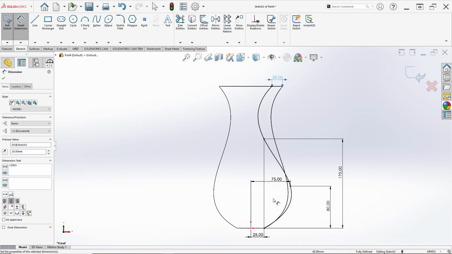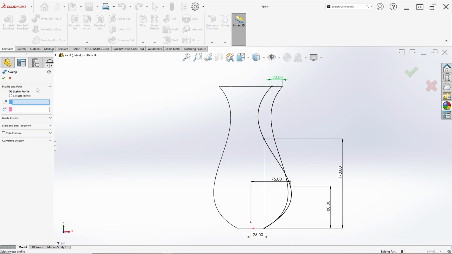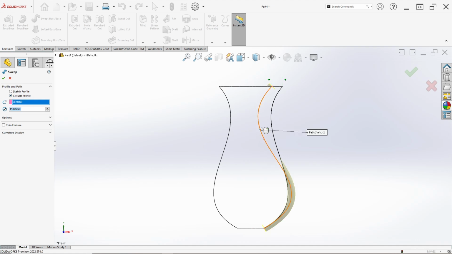After we set the dimensions like this, we go to feature and click sweep boss or base and select circular profile. For diameter, we change it to 15 millimeter, like this. Just click this line.